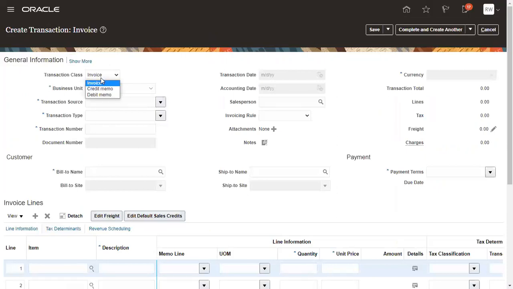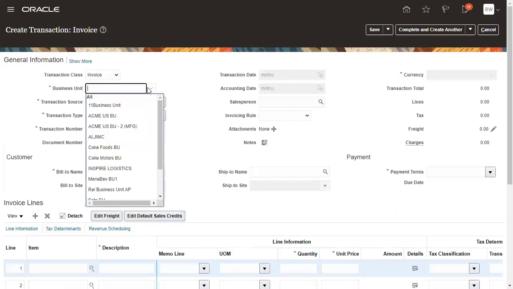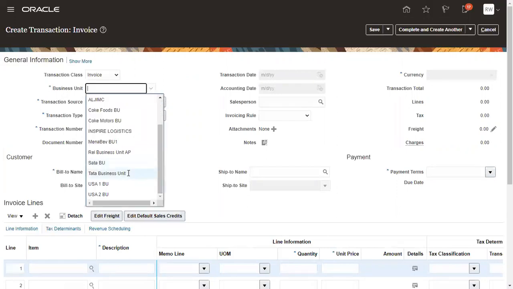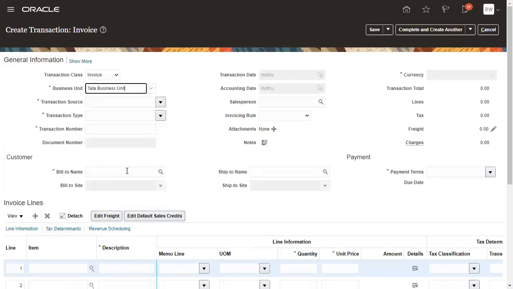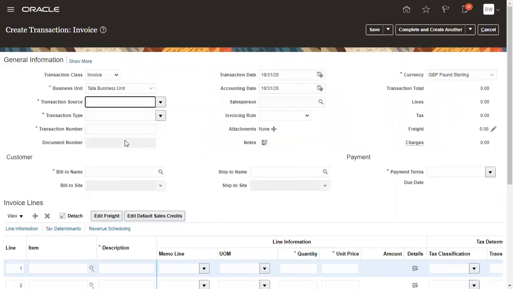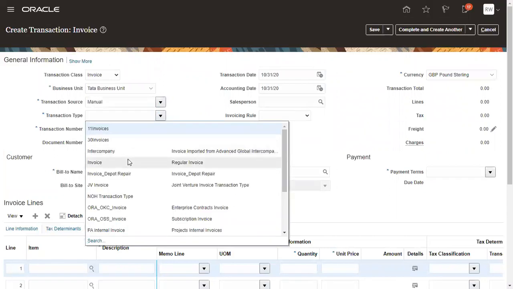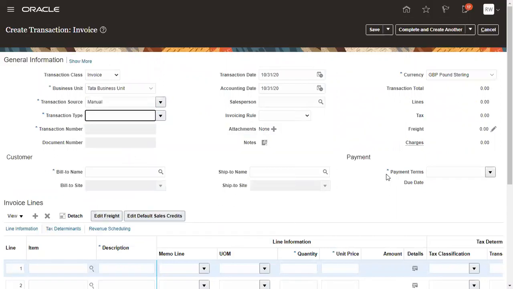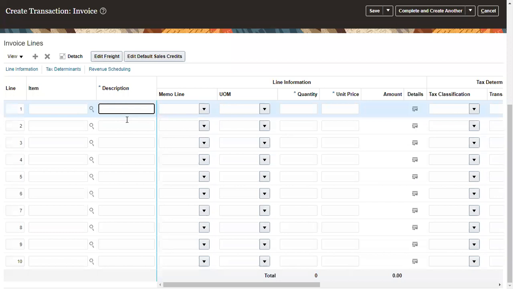So you can see first we have to select the transaction class: credit memo, debit memo, and here you can see the Tata business unit. Whenever we do our setup in our classes, we create our own business unit for the ledger. Here you can select manual order entry, do some transaction type as invoice, and put in the value test memo line.